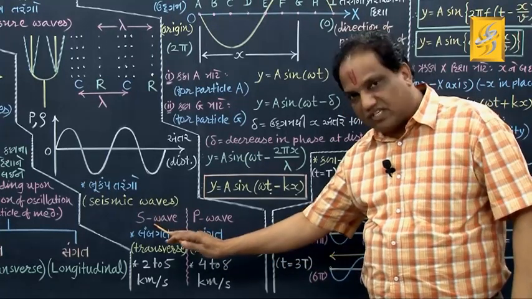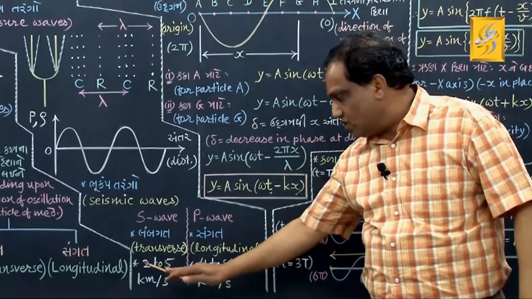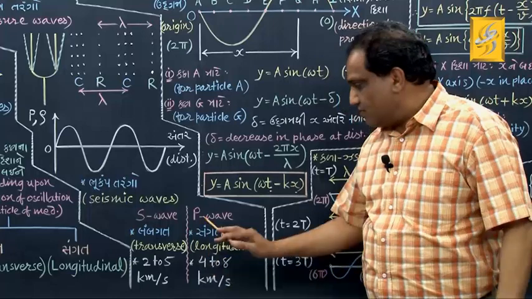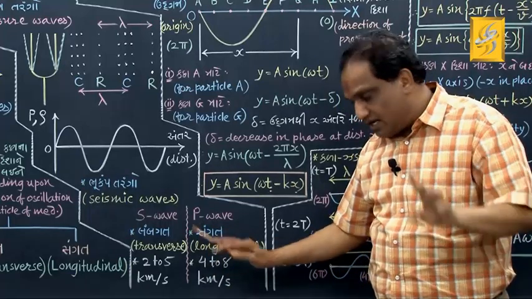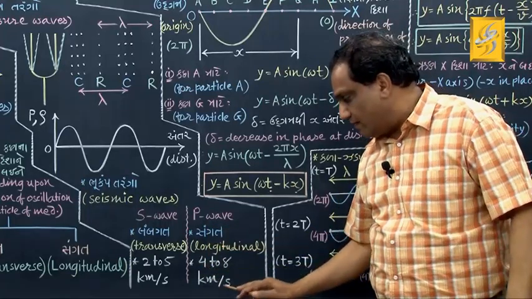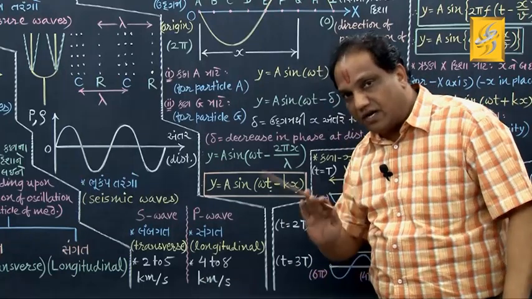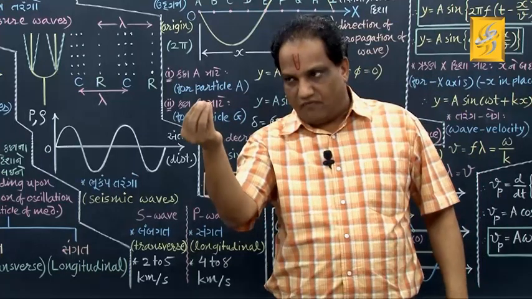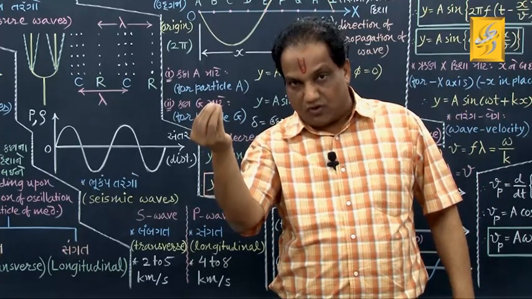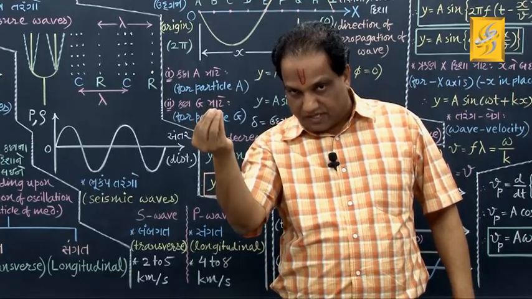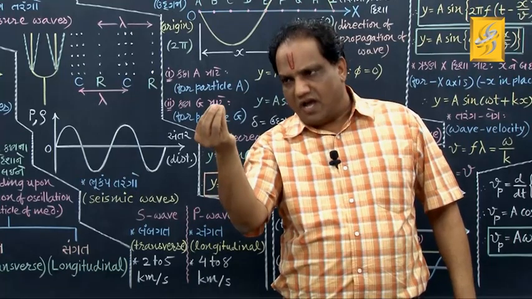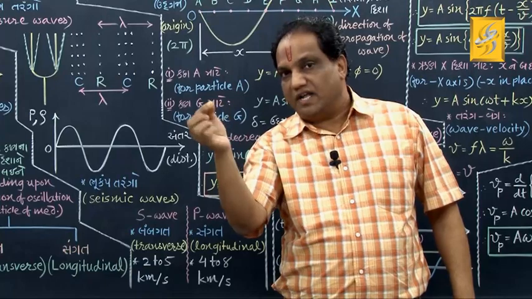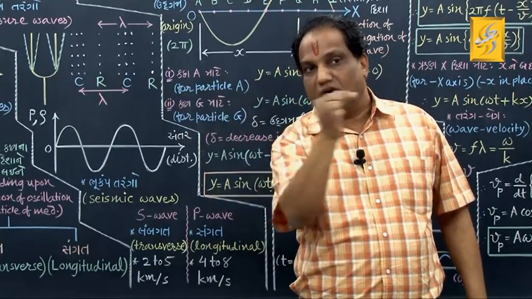The speed of S wave is less, it is 2 to 5 km per second. Speed of primary wave is greater, it is 4 to 8 km per second. Now suppose here is the epicenter from which the earthquake waves originate. Naturally, after beginning, if the speed of P wave is greater, it will travel a longer distance in